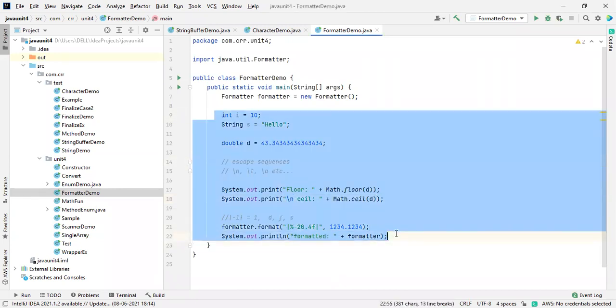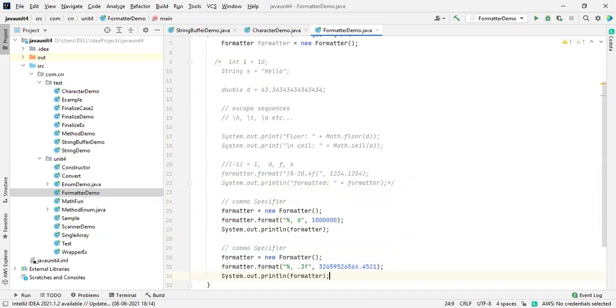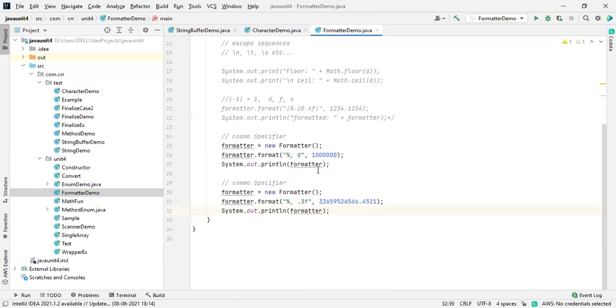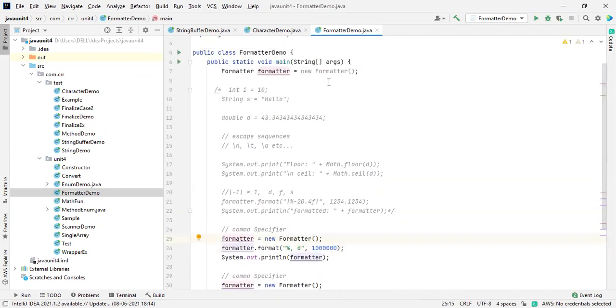I just mentioned all this inside a comment. I don't want to use this right now. I want to print like a formatter inside of values. See this one, I just mentioned 1, 2, 3, 6. 6 in the sense 10 lakh, I think. Yeah, it's okay. So I just use the formatter. I already mentioned it. There is no need of an initialization.